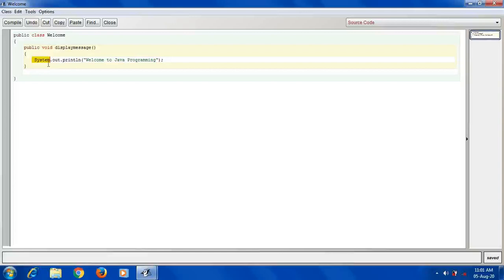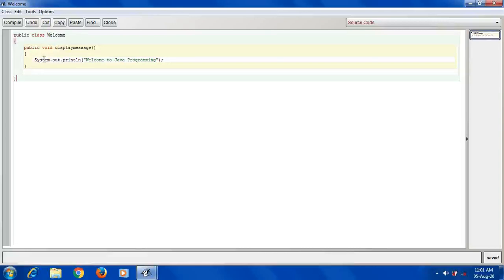Okay, when we write system.out.println, we are going to get the output on the screen. Means whatever you write in double quotes will be printed as it is on the output screen. And one more thing, this word System should have a capital beginning letter, as it is a class name. So System is a class name, so the first letter is capital. Here, as I am writing, W is capital for the Welcome class.